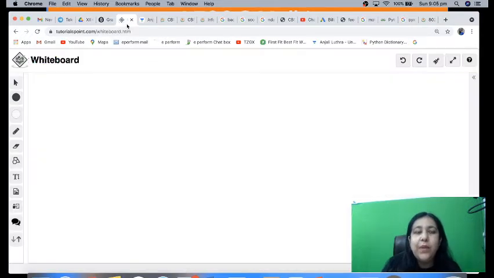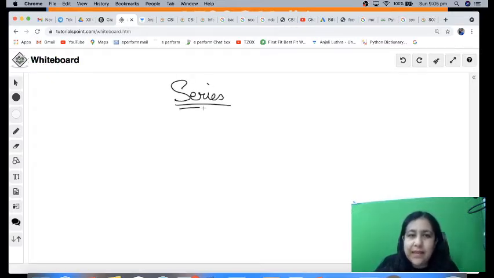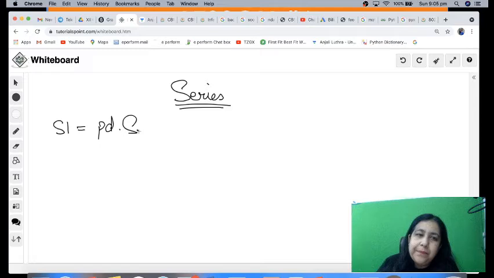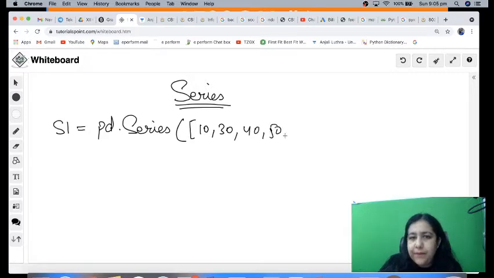Okay, so let's start with the thing. Now, talking about series, we have done that. How can we create series using list? How can we create series using dictionary? We did various attributes and functions to work upon that. But when you have to fetch a certain set of data, like I have created a series, obviously I've done import pandas as pd and all, and now I write pd.Series, right? And then you have taken this data. So this is your series, and by default the index will be 0, 1, 2, 3, 4, right?